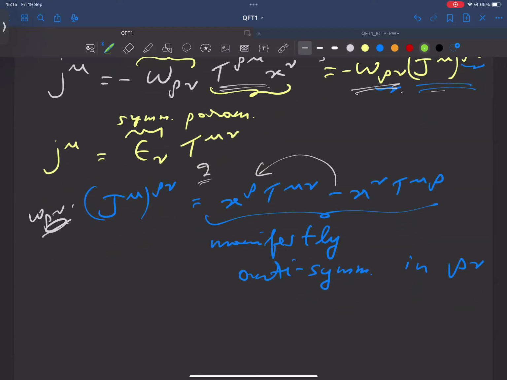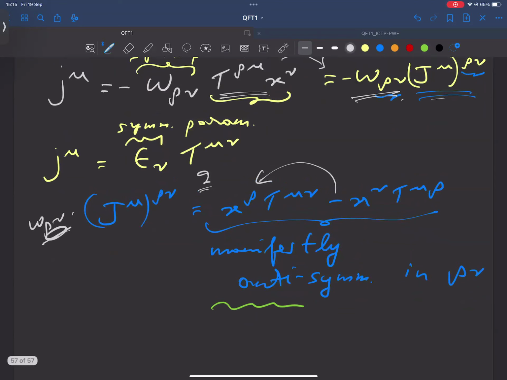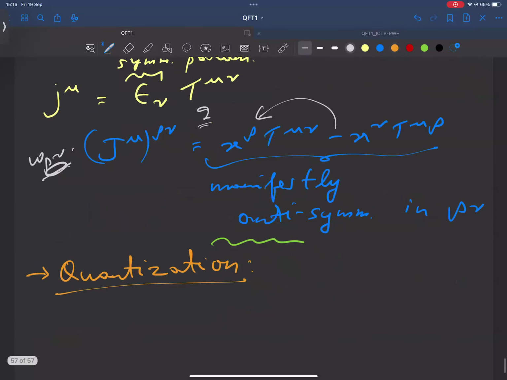Let's continue. Okay. So finally, in today's last hour of the lecture, we will go to quantization. And sorry, it took us like 5 hours to reach here. It's a quantum field theory course, but we had to develop some classical field theory. Okay. So now recall that